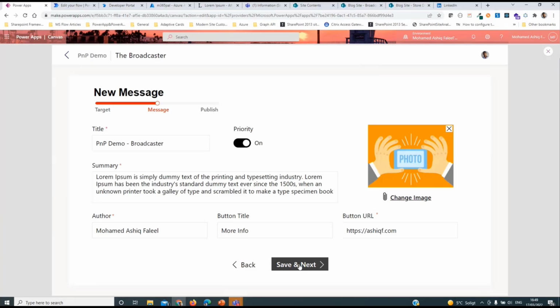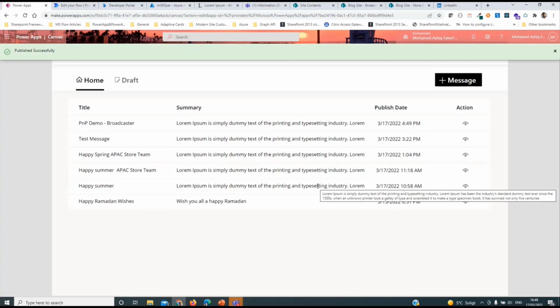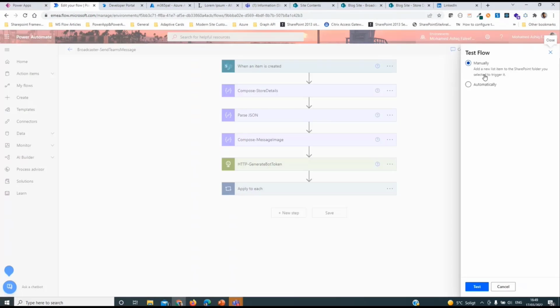So I'm selecting it, and now save and next. You will see a preview of what you have selected, the stores you have chosen to send this message to, and also the preview of the actual message, the image, and the message text. We have 3 options: save as draft, publish later, or publish. For this demo, I'm clicking on publish. The message is published, and in a couple of minutes it's going to appear on the 2 teams which I've selected. To make it faster, let me quickly do this